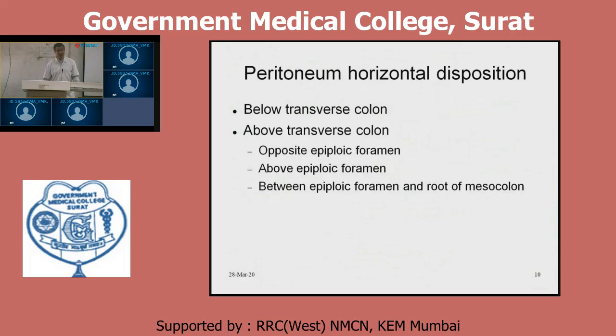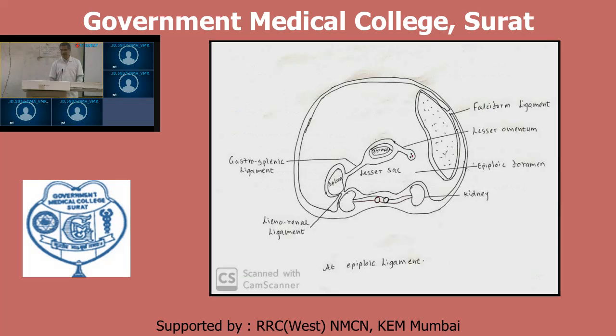There is formation of this lesser sac, and the greater sac is because of reflection of peritoneum in relation with abdominal viscera. The lesser sac is a small cavity. It is like a rubber water bottle, and lies posterior to this stomach. This is a closed sac but having one opening, the epiploic foramen. Which are the boundaries of this epiploic foramen?